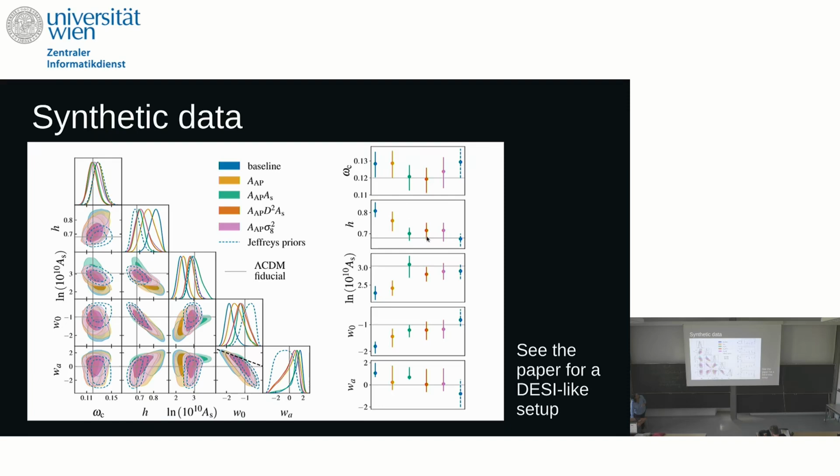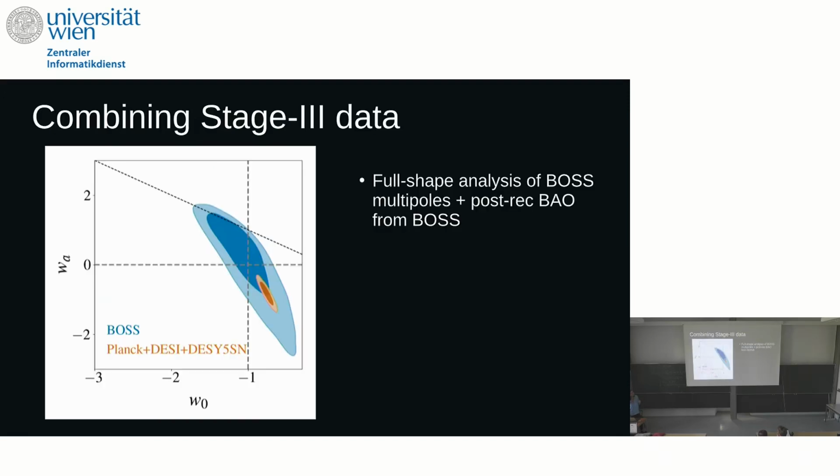And then we test different ways of absorbing these amplitudes into the parameters, and as you can see, these all work pretty well. In the end, what we think is the best is this pink one here, where we include the Kopachinski amplitude and sigma h square in the parameters. And just for comparison, we also show the results with Jeffreys priors, which is the dashed lines, and they kind of agree with our re-parameterization choice. We also do something similar for a DESY-like setup, that's in the paper.